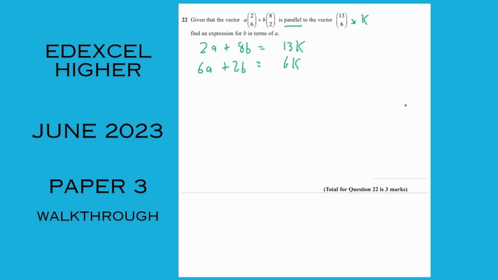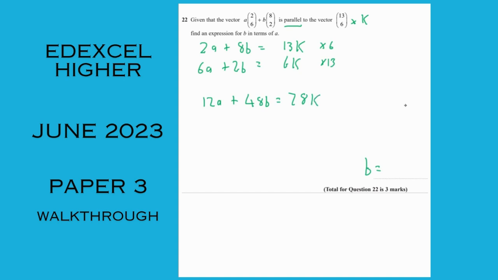There's your problem, because it's not just straightforward. You've got some numbers on the right hand side. We need to eliminate the k. We want b in terms of a, something over here. We've got to get rid of the k. So I'm going to take the top equation times everything by 6. So that will give me 12a and 8 6's 48b equals